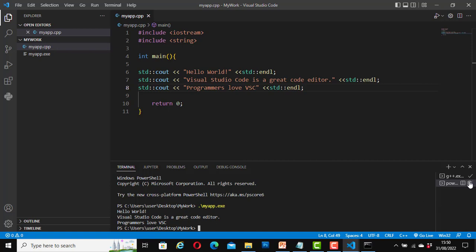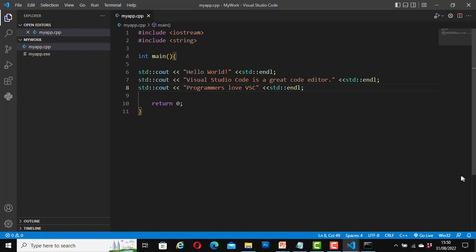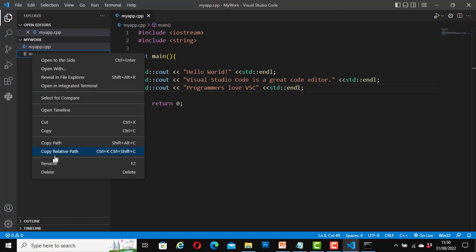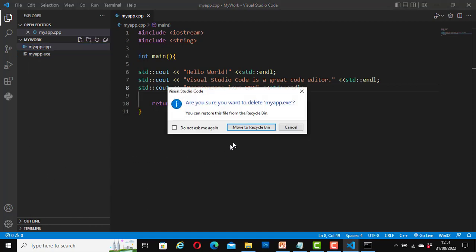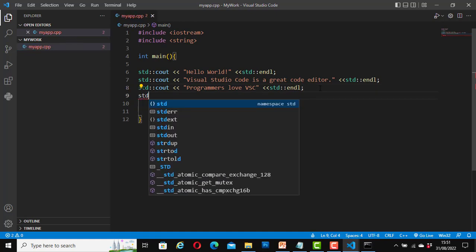I'm going to close this and close this. Now I will delete this one once again. Yes, move to recycle bin. There is another way we can run our code. Here, I'm going to add another std::